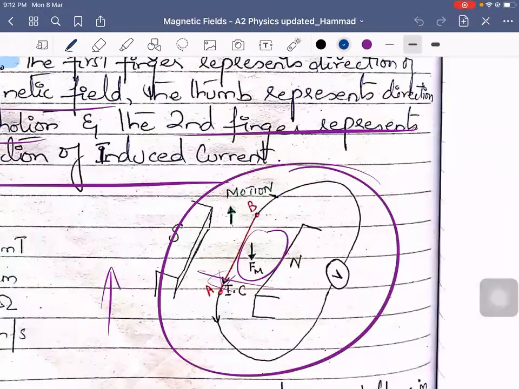से मेरे पास एक वायर है, ठीक है. वायर को मैं ऊपर की तरफ अगर मूव कर रहा हूं, राइट. अगर मैं वायर को ऊपर की तरफ मूव कर रहा हूं, जैसे कि ये मोशन जो है ऊपर की तरफ पॉइंट आउट कर रहा है, right? When I'm moving the wire upwards, according to Fleming's left hand rule, where the first finger points from north to south, first finger, second finger is the motion of the wire, ठीक है. The thumb will point in the direction of the force, so the force acts downwards,